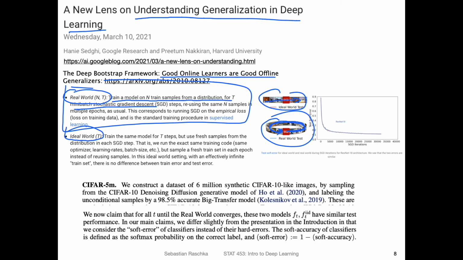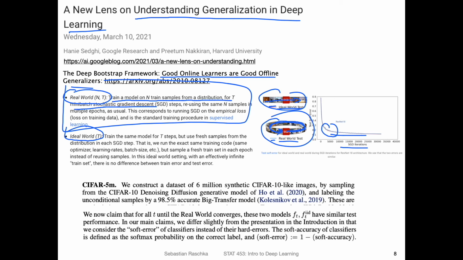What they found was pretty interesting, actually, that there is no difference whether we have the ideal world or the real world case in terms of the generalization performance. Both the ideal world and the real world setting result in models that have the same performance on the test set. They have a test set where they measure the performance. And here this is the number of iterations. It's hard to see, but you can see there are two lines here, a red line and a blue line. Blue corresponds to the real world scenario and red to the ideal world. And you can see there's virtually no difference.